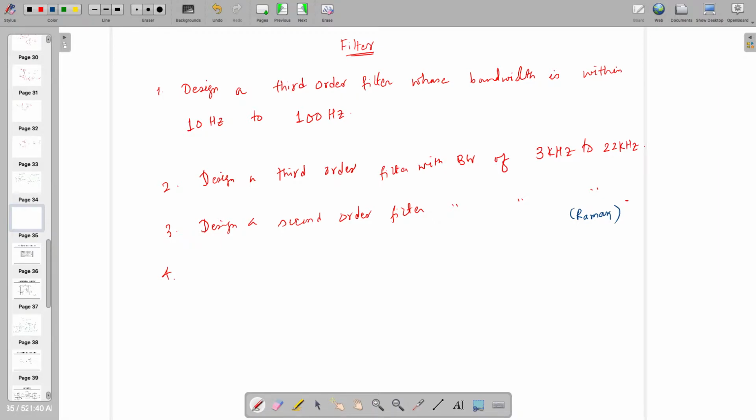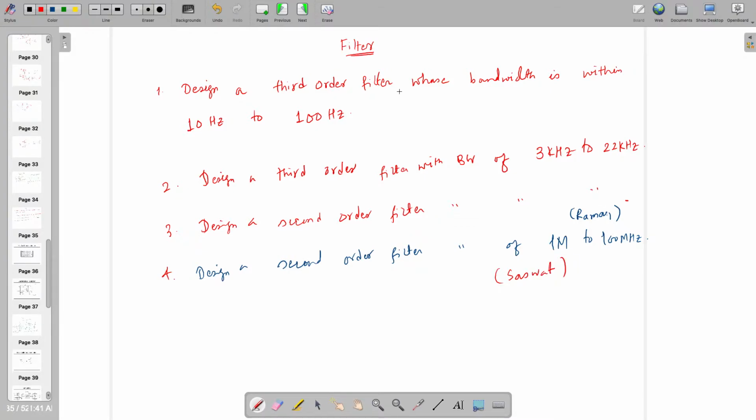Or let's design a second order filter with bandwidth of 100 kilo to 1 gigahertz, or let's make 1 mega to 100 megahertz, right? So who wants to do this? Maybe you want to do this, right? So Shashwat,